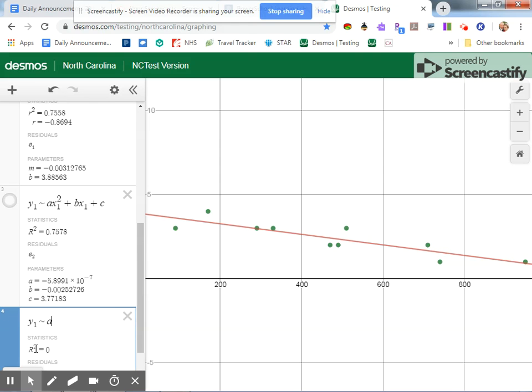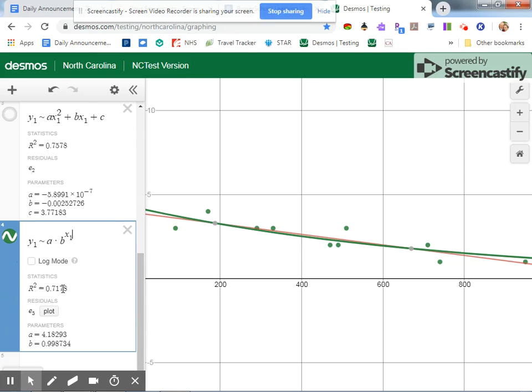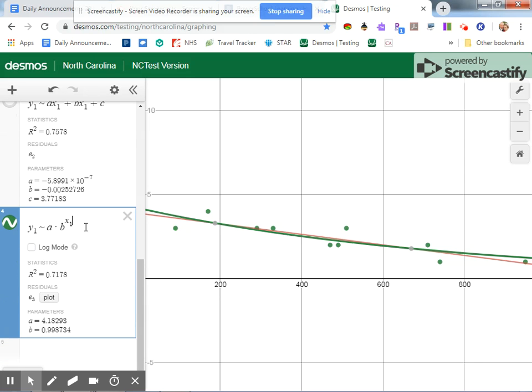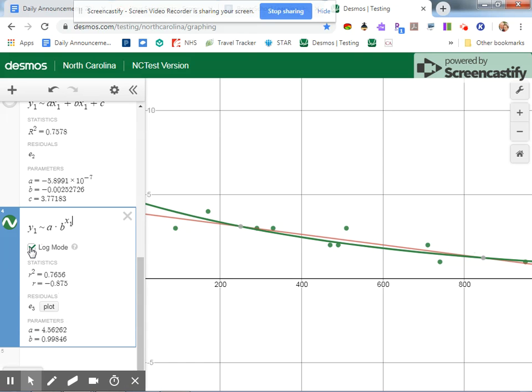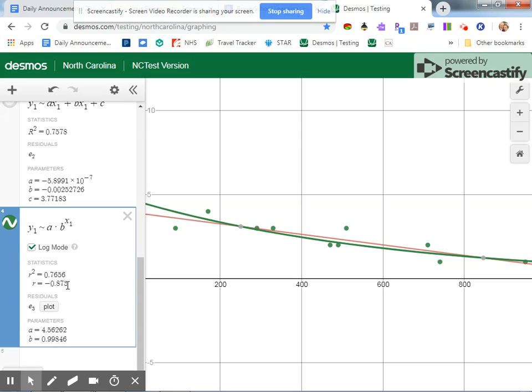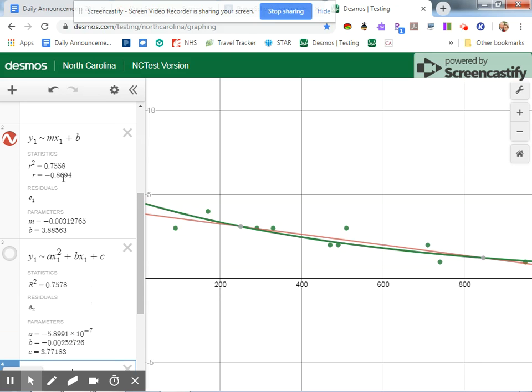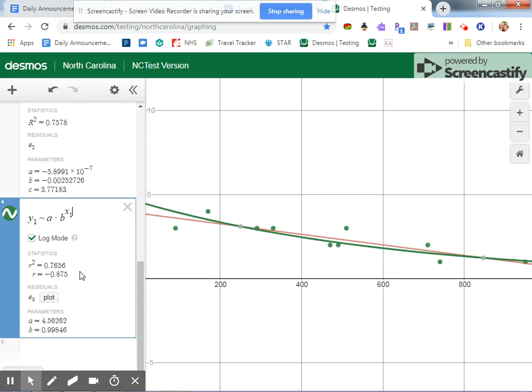Exponential is A times B to the x sub 1. Now, on the exponential, once you get that in there, a thing pops up that says log mode. You do want to click that, because if it's not clicked, it gives you R squared. If you click it, it gives you an R value. So we can compare R value to R value. The linear was 0.869. This one is 0.875. So technically, the exponential model here is the better model because it has an R value that is closer to